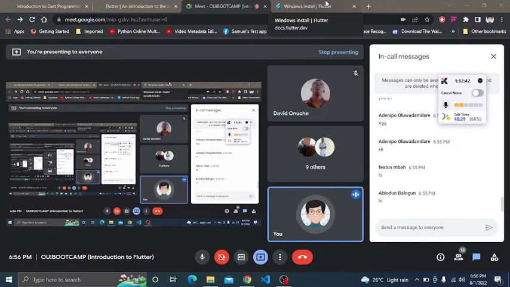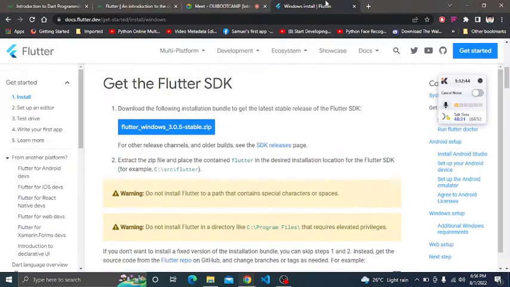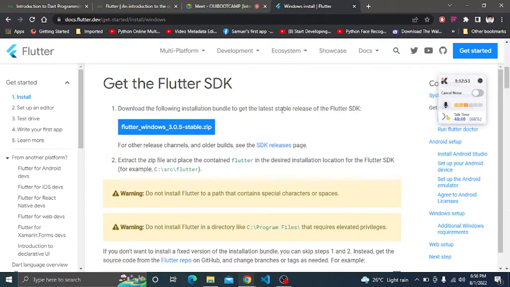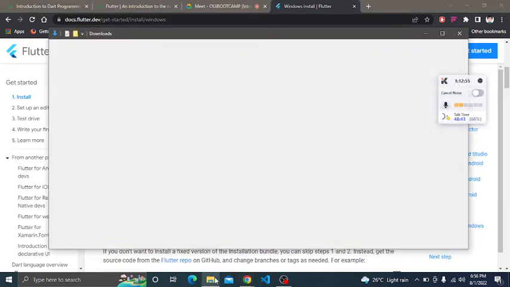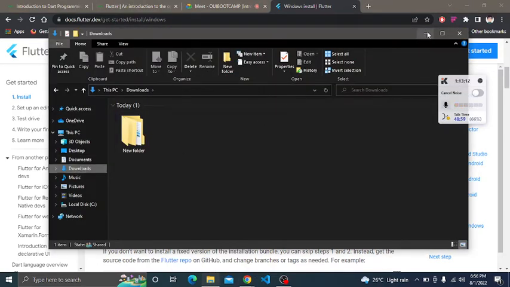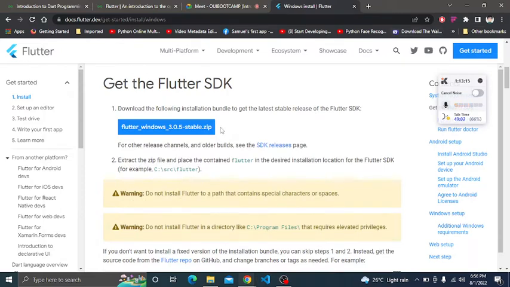Okay, so let's move on to the next thing now. Once we have this file downloaded on our system, you have the zip file. I guess we all have WinRAR that you can use to unzip the Flutter file. So if you have WinRAR, just click on the file that you just downloaded, the Flutter Windows file, and unzip it. I have the file downloaded on my system already, so I won't be going through the download again, but I will walk you through the installation process. So once you unzip the file,